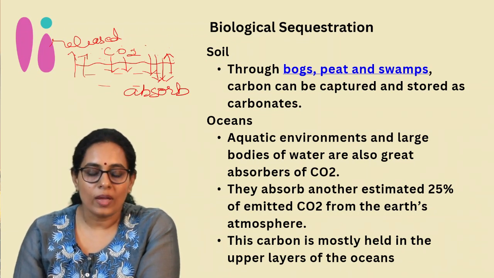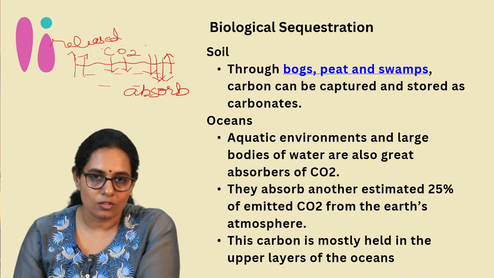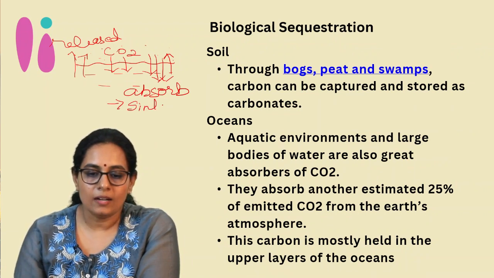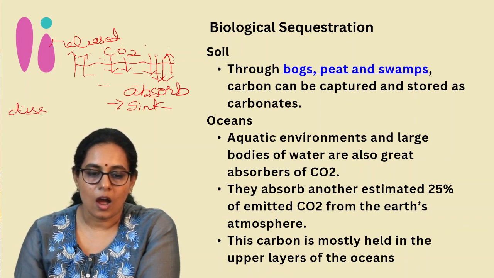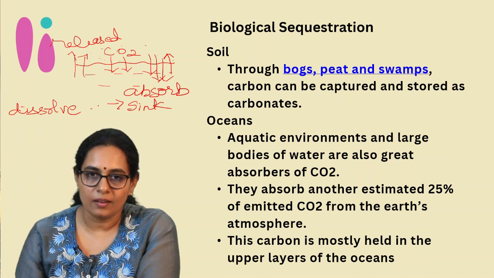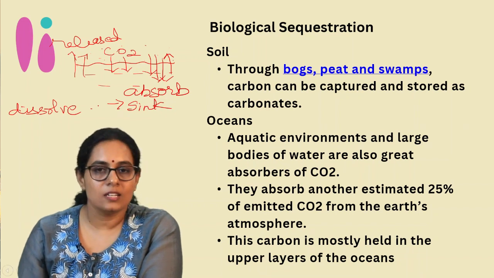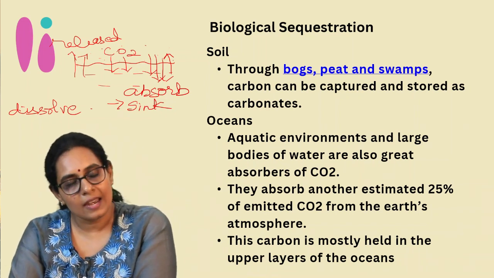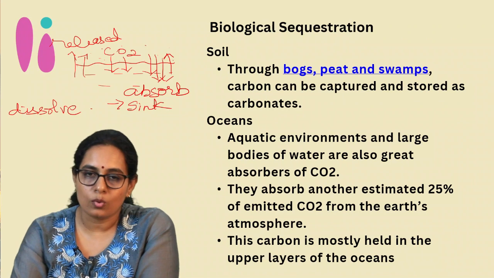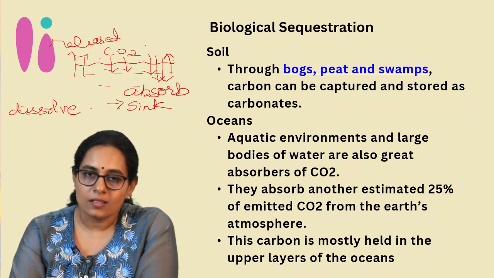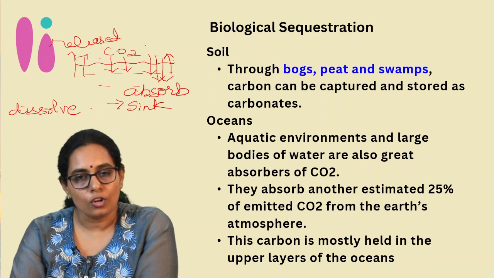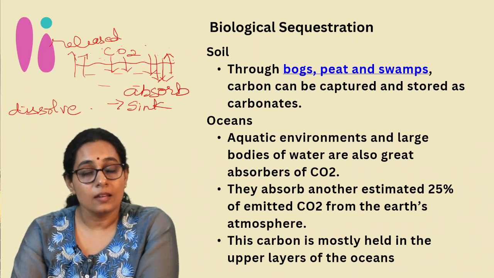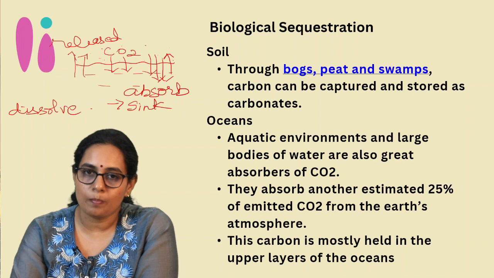When oceans absorb this carbon dioxide, they create a sink by dissolving it. How do they dissolve carbon dioxide? Carbon dioxide dissolves in water readily to form carbonic acid. And this carbonic acid is trapped in the water for a long period and is not easily released back